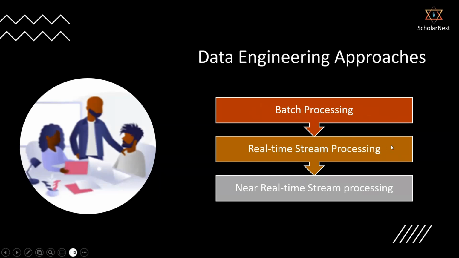They are not strictly real-time stream processing either, because my requirement is not to bring data in seconds and milliseconds. They are neither batch nor strictly real-time, so they fall into the middle category, which is near real-time stream processing. And this idea should be very clear, because this is one critical decision-making point for every data engineering project or every data pipeline that we build: whether we should go with the batch processing approach, the real-time stream processing approach, or whether near real-time will do the job. Because based on this, the entire technology stack, the project development approach, everything changes according to which category of application you are trying to build.